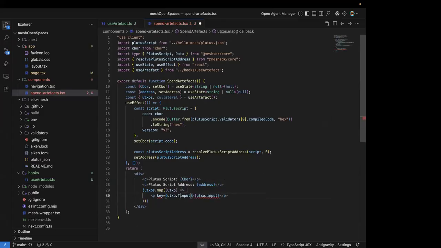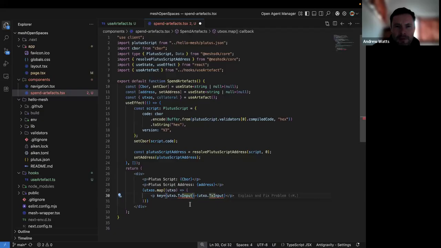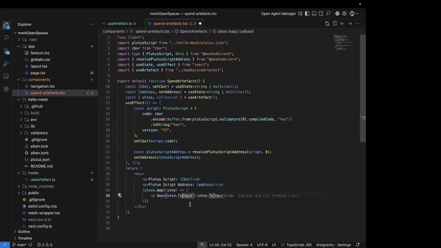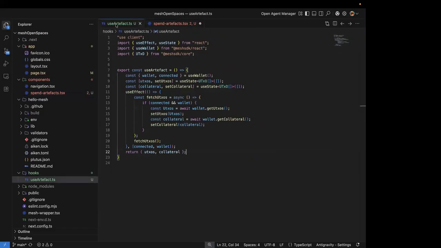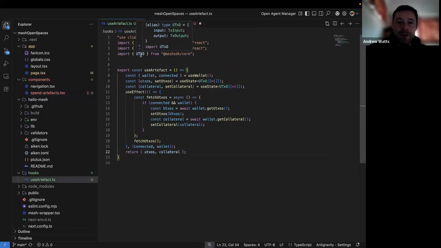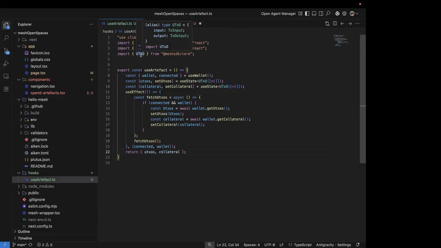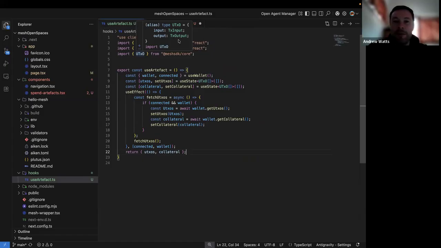So this needs to be TX input. Okay. And transaction input. Wait, what the fuck is TX? Input and output. I don't think that's right, Harsha. What I would do is import the UTXO type into the front end component. Why would you say this is not right? Because that's the type you need to import. You need to put input, not TX input. TX input is the type you're trying to